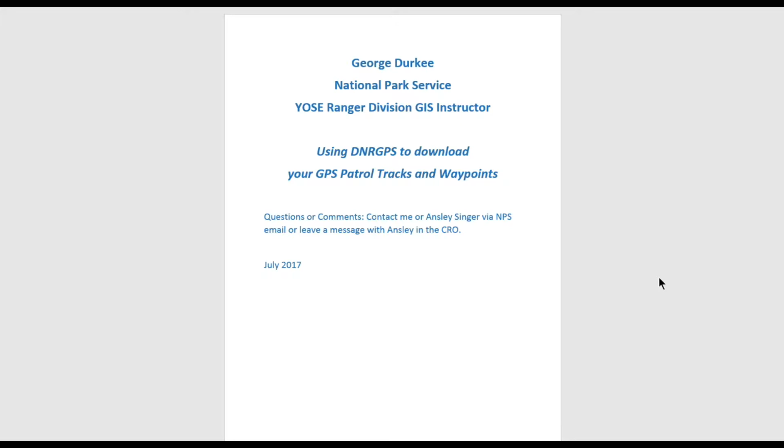The first way is just plug in your GPS, and it'll take a second or so here. I've plugged it into the USB directly on my computer. Sometimes if you have a hub USB such that you've got a wire and a bunch of USB hubs on it, sometimes that doesn't work. I think there's not enough power to feed the connection to the GPS. But the first thing that you get as it reads the device,